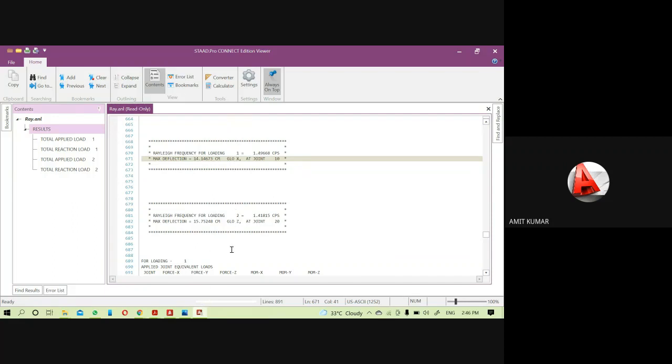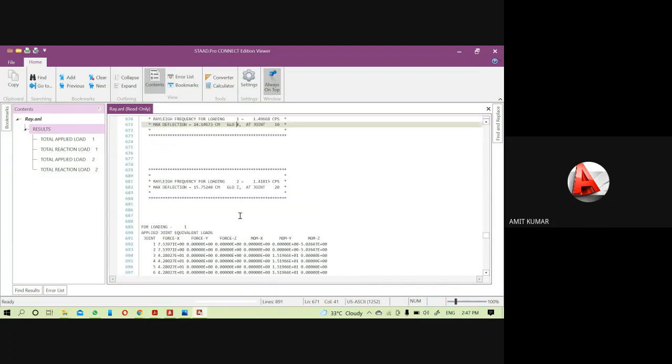Okay, so these two things are very important to calculate because this natural frequency will play a vital role in calculating the lateral forces and these things, and you have to calculate those lateral forces manually also. That means through STAAD.Pro you will get a few data that will help you to calculate the lateral forces. But if you want to see the effect of the lateral forces on the building, you can also check it through the story drift. So when I do a static analysis, I will show you this also. So that is the procedure of calculating the Rayleigh frequency.